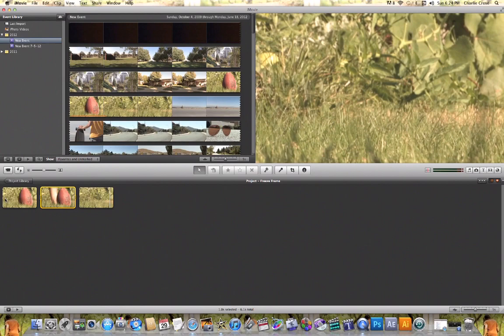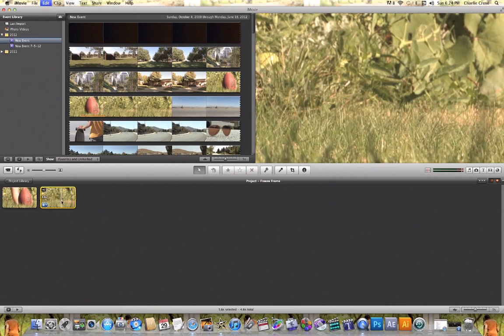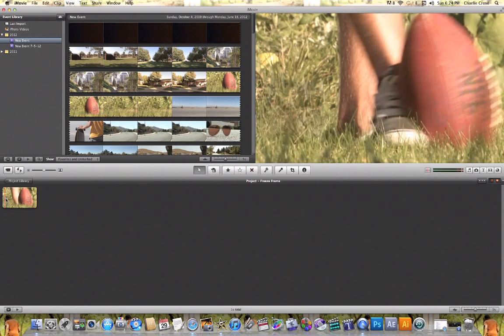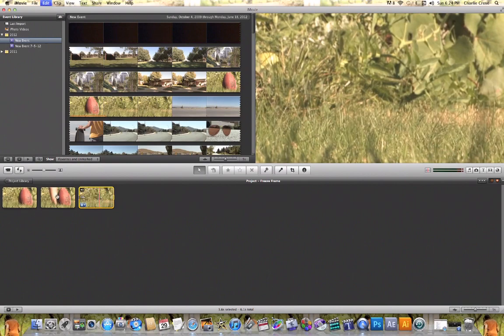And if I just wanted to keep just the freeze frame inside my video, I can just delete the first and last clip and just leave the freeze frame here in my project timeline. Another way to add a freeze frame, if I just delete these clips here,